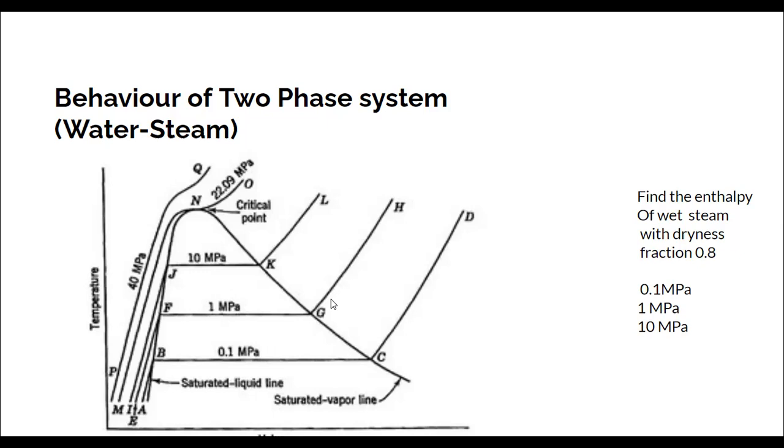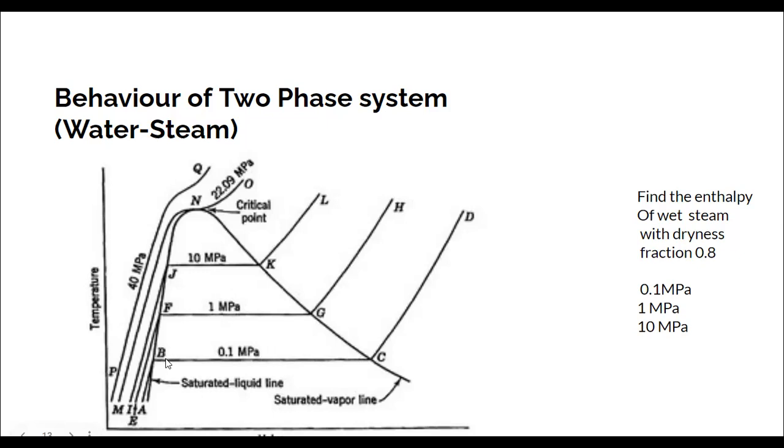Now, it would be really interesting to understand how we obtain the properties if the steam is wet. By wet steam, we mean steam whose dryness fraction is between 0 and 1. When steam formation happens, as we discussed earlier, for example at 0.1 megapascals, that is atmospheric pressure, from A to B it is sensible heating, and B to C it is a boiling process. In the boiling process, the steam gets progressively dry as you move from B to C. So B is saturated liquid and C is completely dry.